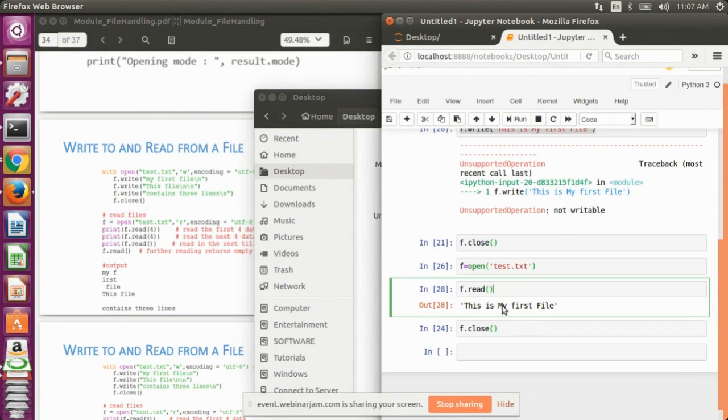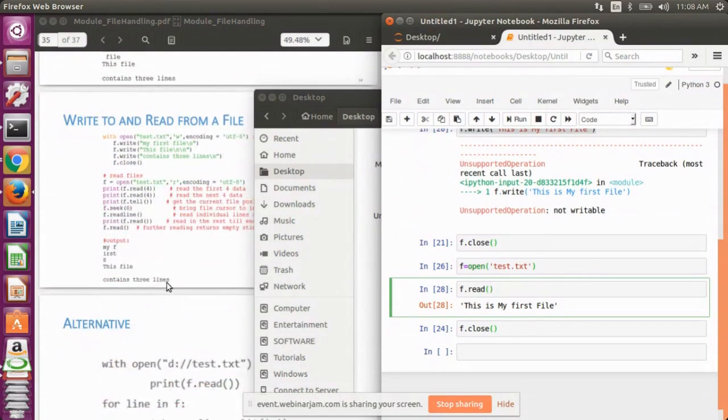But it may happen that on a web service, the files may reside in a system that is not Ubuntu or Windows or any other particular Unix or Linux system. So you may not be sure of the encoding scheme of the file. So it's better to specify the encoding scheme. Fine.